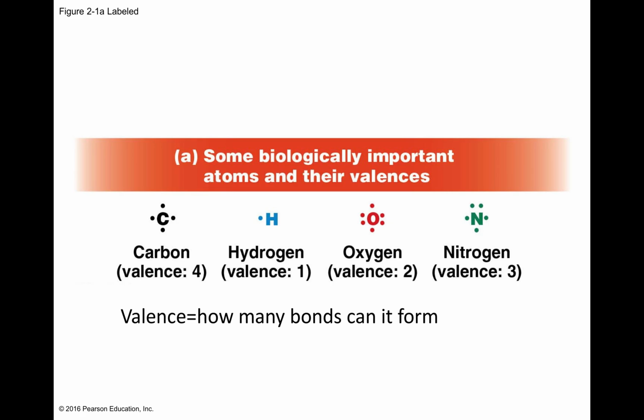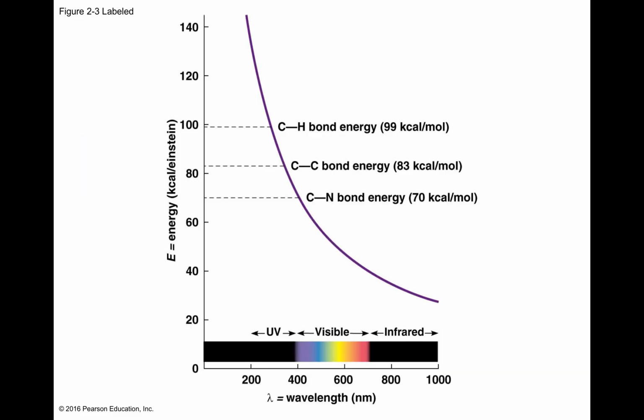So if we look at these particular biologically important atoms, these aren't the only ones, but these in particular are the major players in terms of the molecules we're going to talk about. You can see that they have a different valence number, and valence are the electrons that are available to form a bond. And in particular, carbon can form 4 different bonds at the same time with one atom, and that's unusual. And that allows carbon to have lots of different properties.